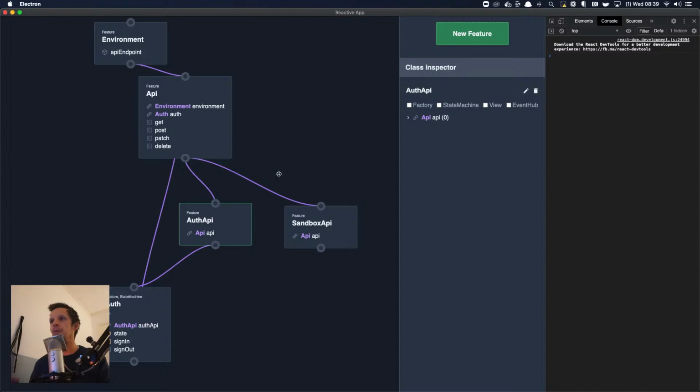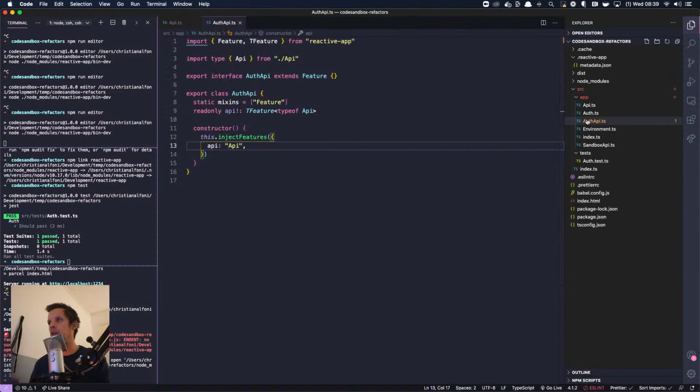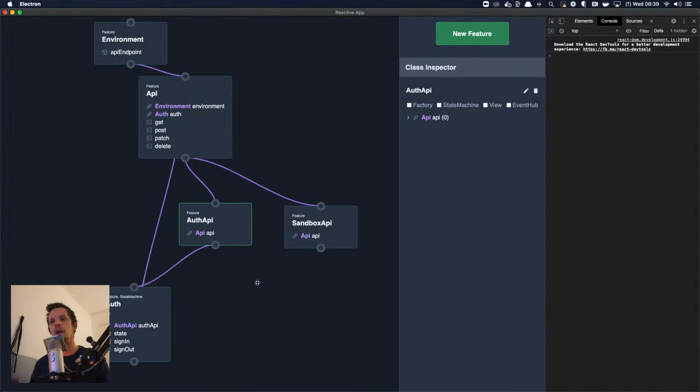And also something I want to do, sorry, I'm jumping a little bit here. I'm going to make these folders instead of files so that you can add tests and other utilities to your features. And we're actually going to look at testing as well. It's pretty cool how it works. Anyways,